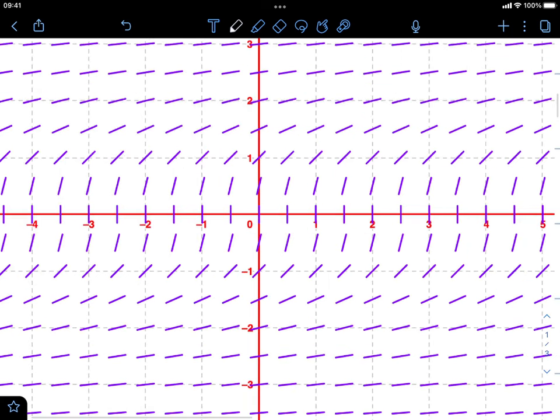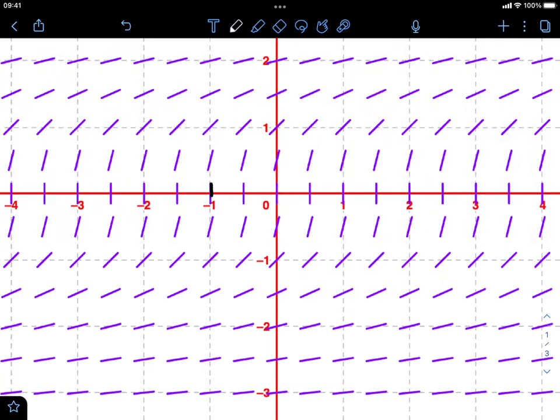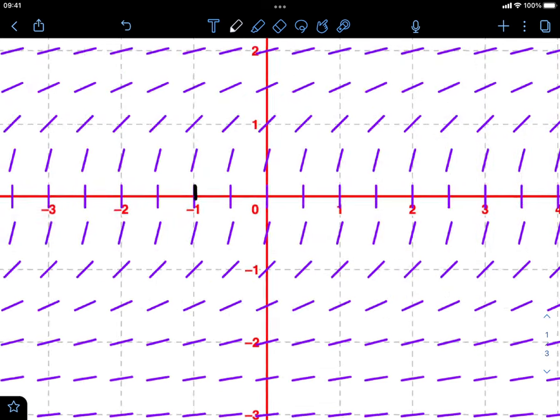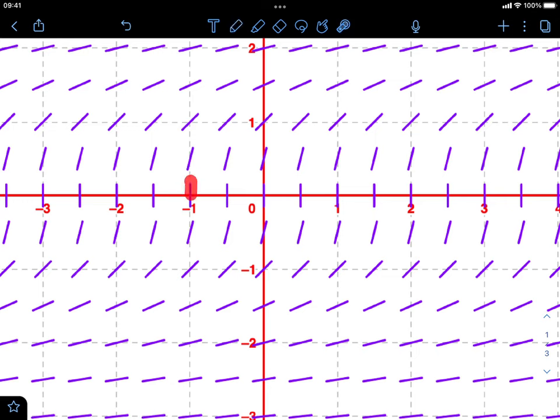-1, 0. At this point, there's a vertical tangent. But as you can see, the further up we go, the less steep it gets. So there would be a point here where it's vertical, but very quickly it'll start to slope like this. So let me draw this again. It'll slope something like this. Because notice how this tangent should be somewhat applied here as well. So it should be